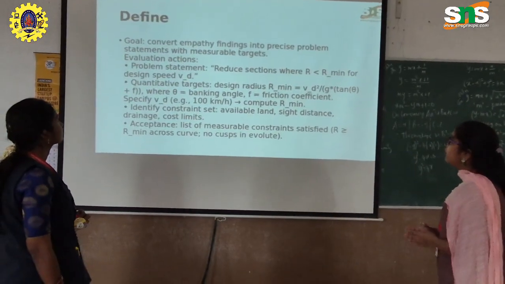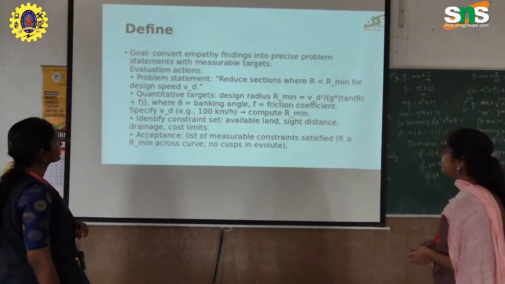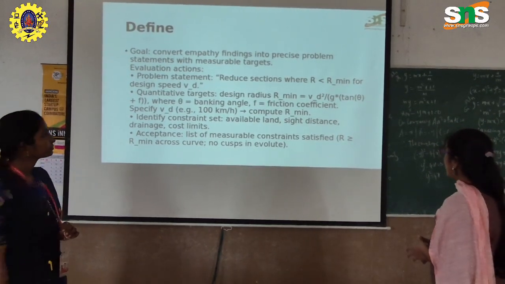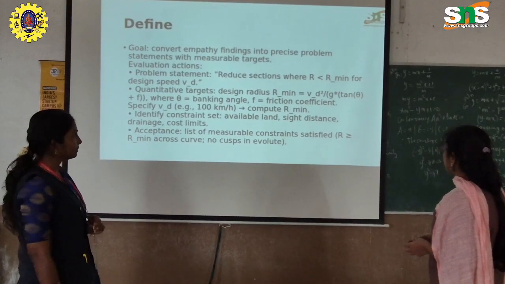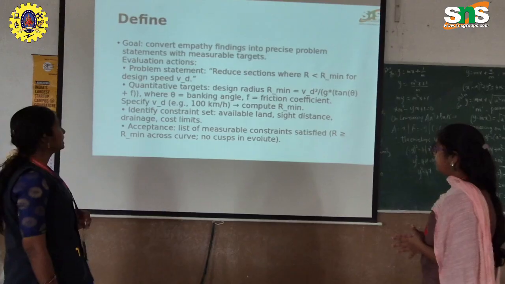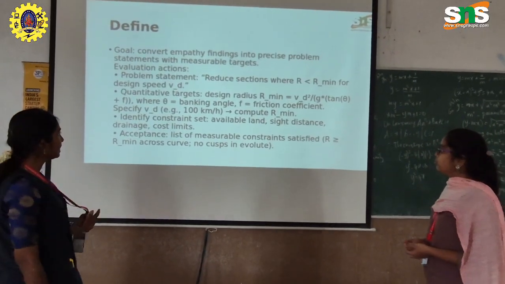Define. Goal: convert the empathy finding into a precise problem statement with measurable targets. Evaluation action: problem statement, reduce the section where R is less than R minimum for design speed V into D. So the quantitative targets are to be noted here, and we are evaluating the quantitative targets wherein we have this theta